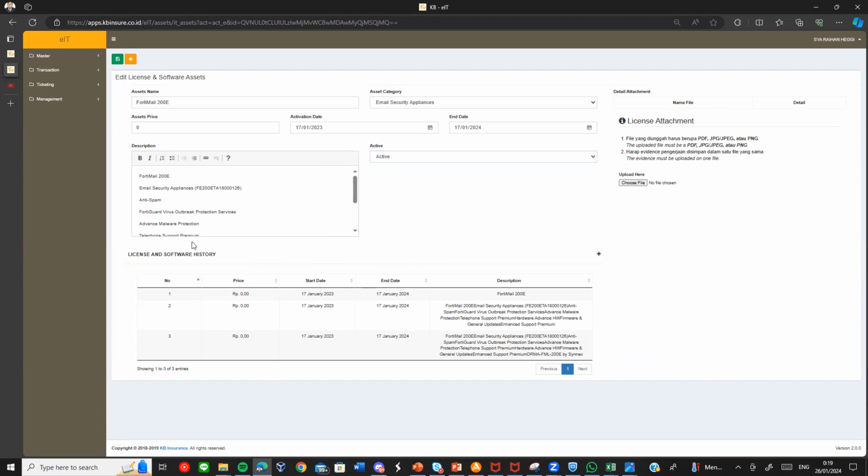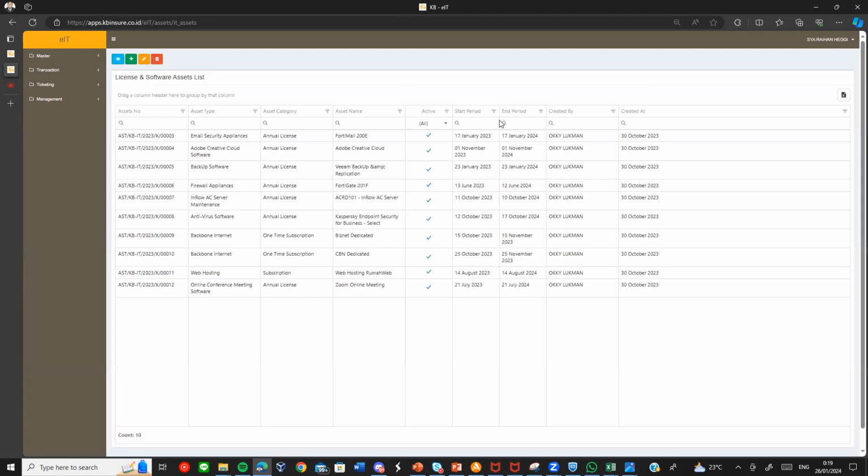Okay, this is the active one, and this is the license and software historical data. There will be consideration by the ITTRT on whether to change the vendor or not, based on the previous price. This is the history of the changes and the remark in the description. The price and description are stored there, and there will be a notification or reminder system scheduled 3 months before the due date, which will remind the user. They are using the scheduler, which can be accessed.